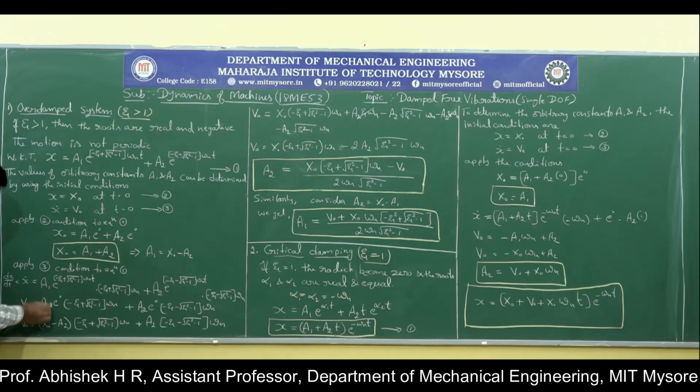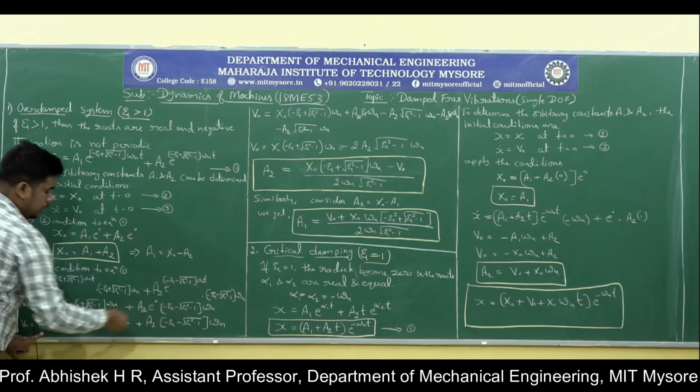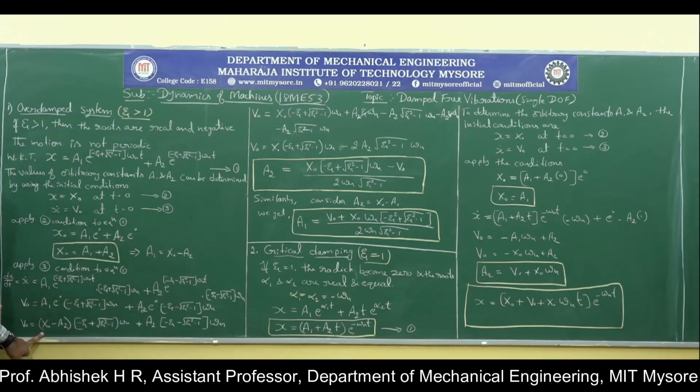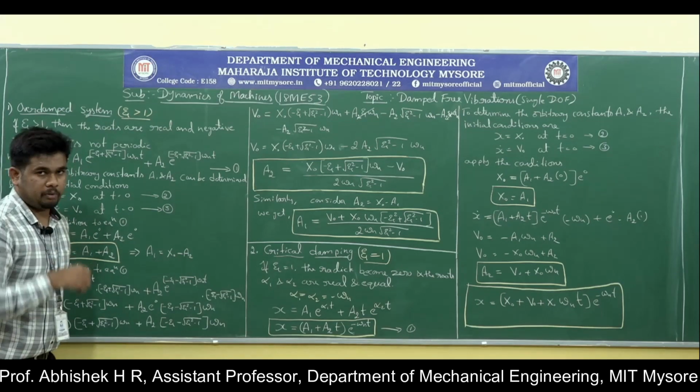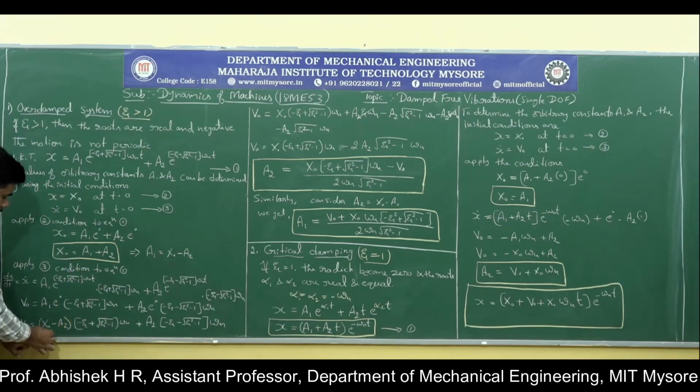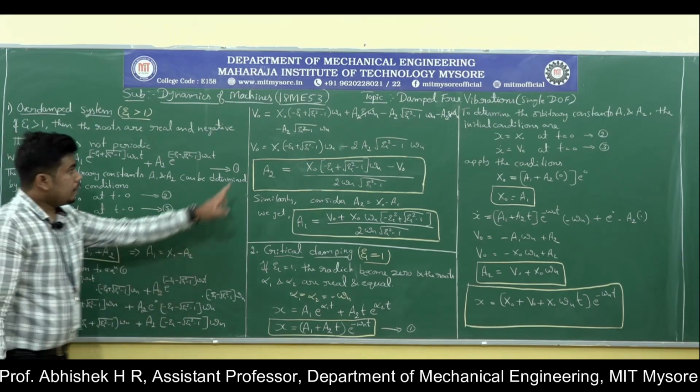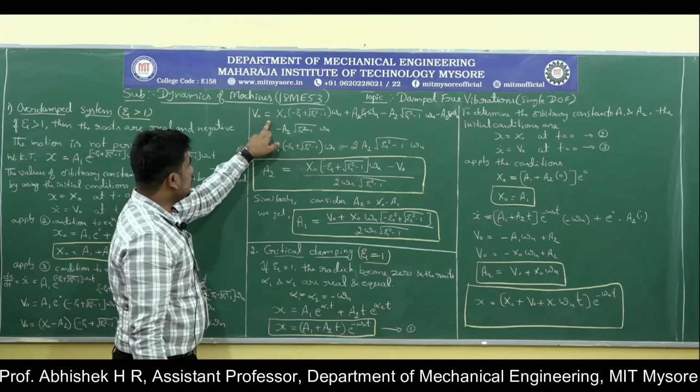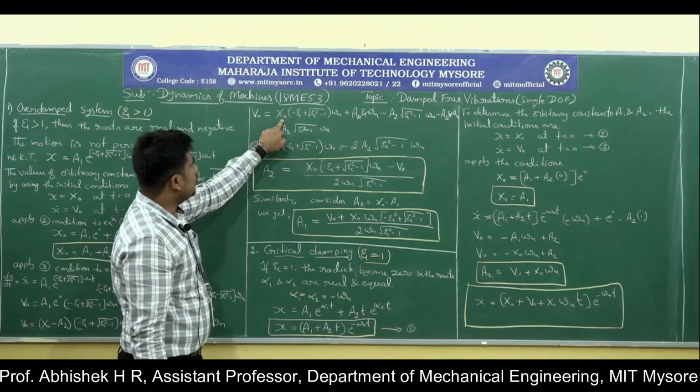So in place of a1, I will write x naught minus a2. Why? Because the whole terms will be in terms of a2, so I can find out the a2 value. So x naught minus a2 in place of a1. Now multiply x naught minus a2 into this factor and you will get v naught is equal to x naught